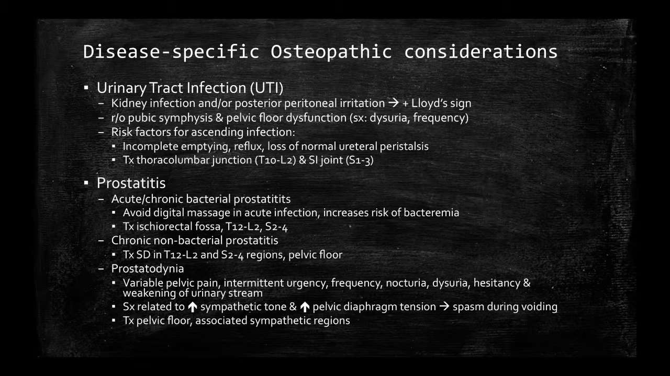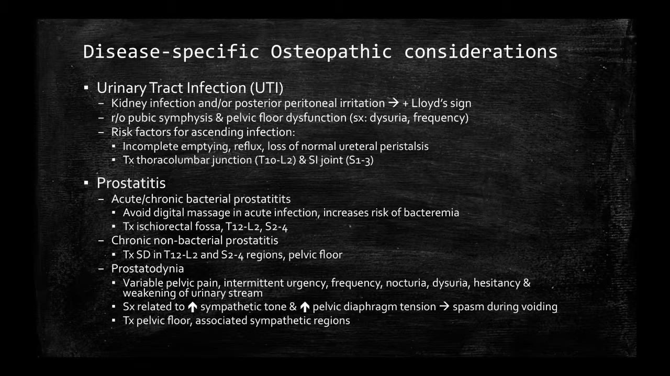In regards to disease-specific osteopathic considerations, in a patient with a urinary tract infection, you'll get a positive Lloyd sign with this kidney infection or posterior peritoneal irritation. In treatment, you want to rule out pubic symphysis and pelvic floor dysfunction, treating symptoms such as urinary pain or frequency. Incomplete emptying, reflux, or loss of normal ureteral peristalsis will increase the risk for an ascending infection, and you want to make sure you treat the thoracolumbar junction and SI joint, so specifically T10 through L2 and S1